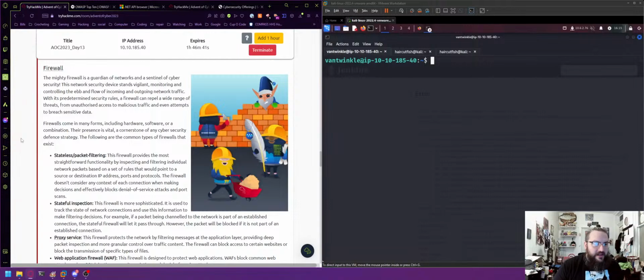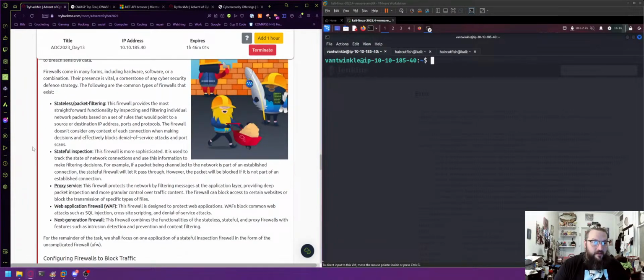Firewall. The mighty firewall is a guardian of the network and a sentinel of cybersecurity. This network security device stands vigilant, monitoring and controlling the ebb and flow of incoming and outgoing network traffic. With its predetermined security rules, a firewall can repel a wide range of threats, from unauthorized access to malicious traffic, and even attempts to breach sensitive data. Firewalls come in many forms, including hardware, software, or a combination. Their presence is vital, a cornerstone of any cybersecurity defense structure, and the following are common